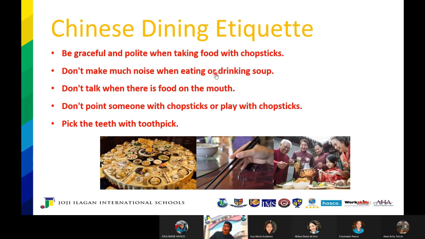Marami pa dyan, like you don't play with your chopsticks. You cannot like ginatuhog nimo ang food with your chopsticks. Mura na siya kanang ko sa mga patay, naikanon dira tapos anak nimo. Mura na siya nag-alay ka sa patay. Bawal jud na. Tapos whenever you're done with your chopsticks,